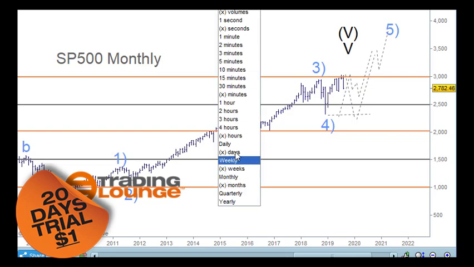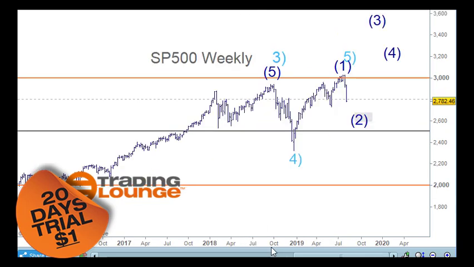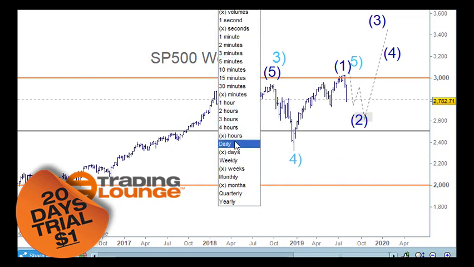So on the monthly to the weekly chart here, as I mentioned, we can look at wave 4 being here, and we can have wave 5 being on this top here, or we can look at this as wave A coming down here, wave B, and wave C here for wave 2, and then move up from that point into wave 3 there. I kind of like this scenario. And one of the reasons that I like it is that in a correction,